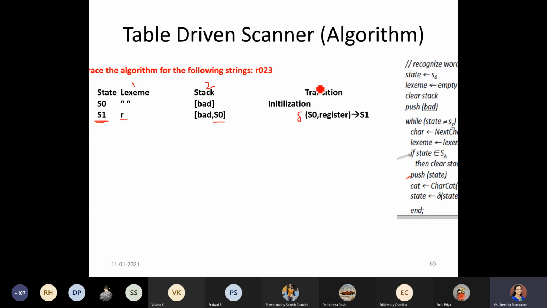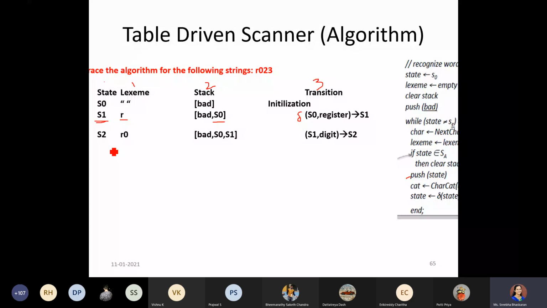Similarly for the next step, we are taking the next character, iterating, and checking whether it's in an error state. S1 is not in an error state. So we read the next character, which is 0, and it has been appended onto the lexeme. It's not in a final state, so we don't have to clear the contents.